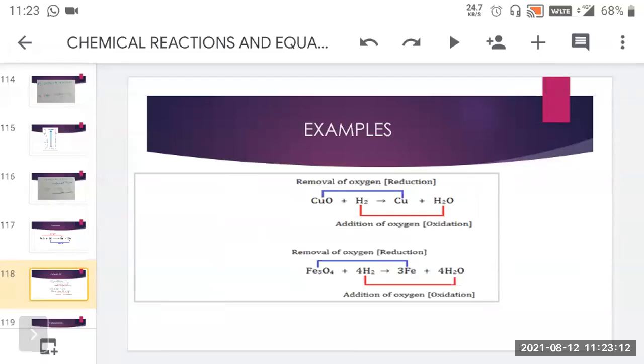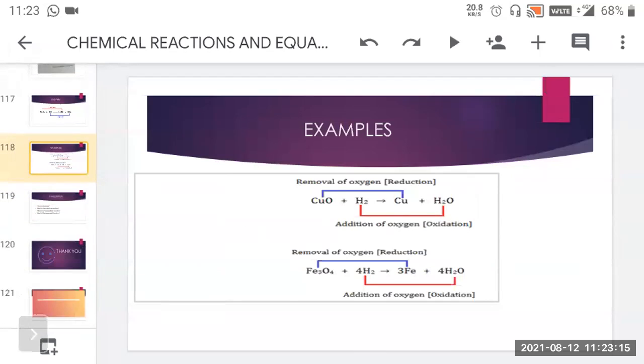Then you can see here CuO plus H2 gives you Cu plus H2O. Now again, one by one we will see. Here in this case, for combination, two reactants and one product, it is not fulfilling. For decomposition, one reactant and two products, it is also not fulfilling. For displacement, replacement will take place, one compound and one element, that kind of condition is also not happening here. And two compounds replacement, that condition is not there. That means here we can directly go for the redox reaction.